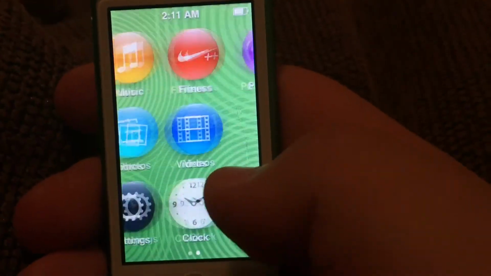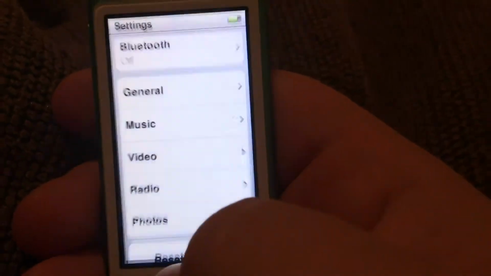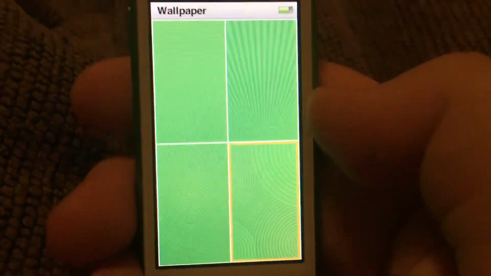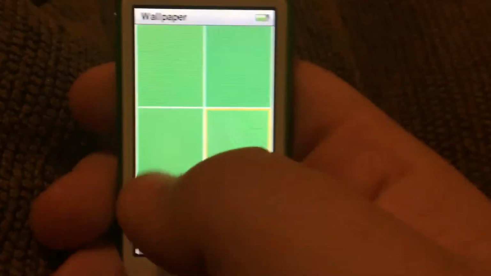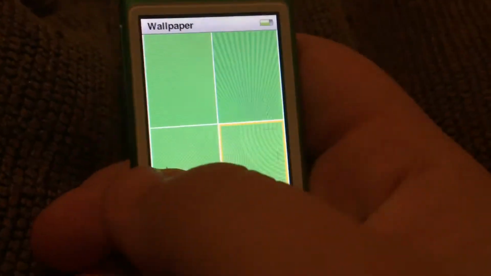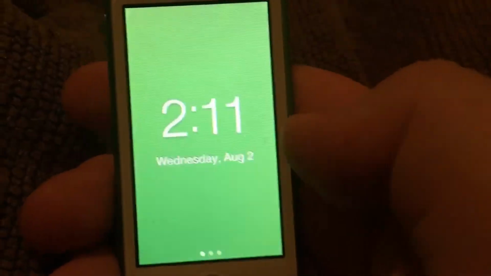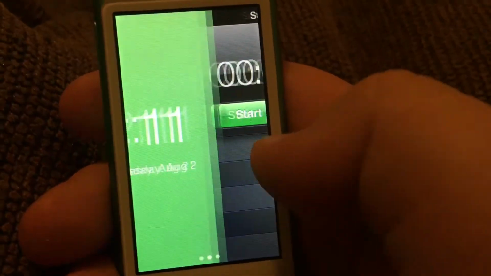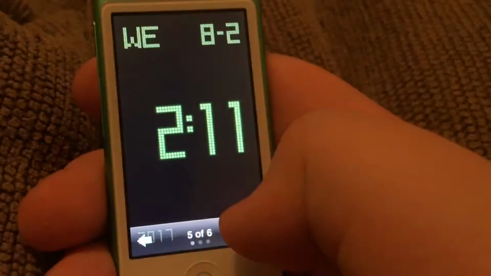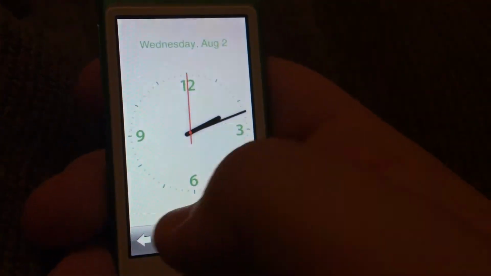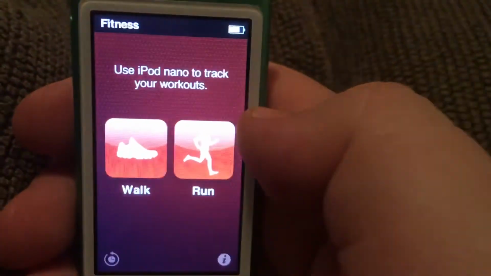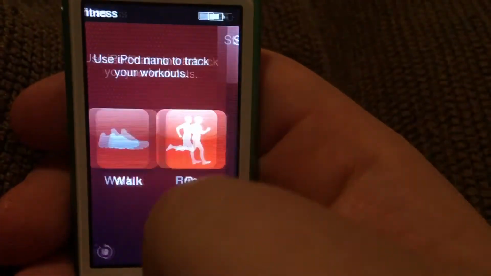Unlike the 4th generation, the 7th generation unfortunately does not have extras, nor does it have games, but it has much more advanced settings, and you can also change your wallpaper pattern if you want, which I think is pretty dope. Also, the iPod Nano 7th generation does have its own dedicated clock app, which is really nice, and it works great. Also, you get custom watch faces, which I think is awesome. Nike plus iPod works very well on the iPod Nano 7th generation,